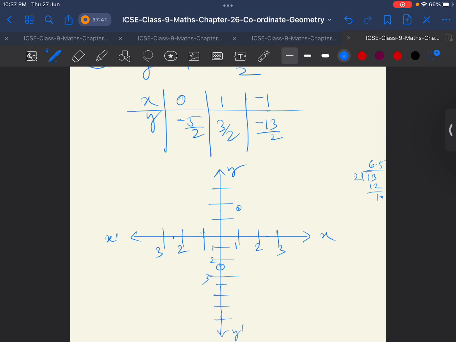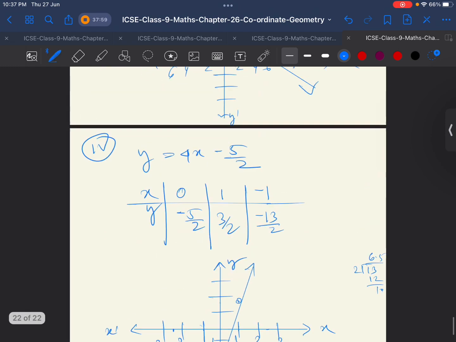So this point will be here. Now we draw the straight line. So this is the straight line. Okay,